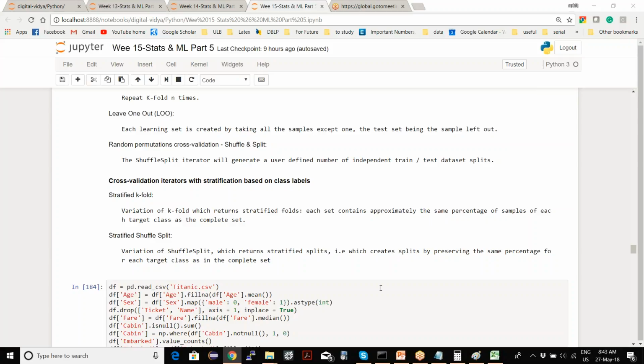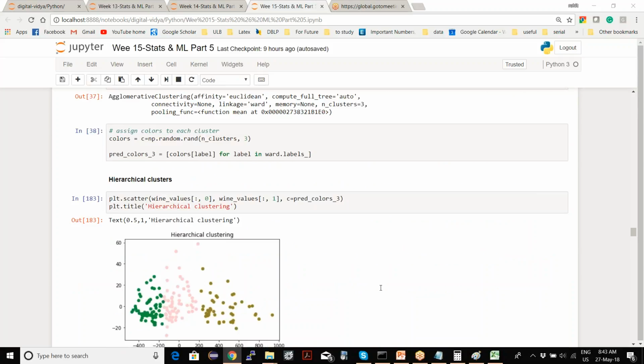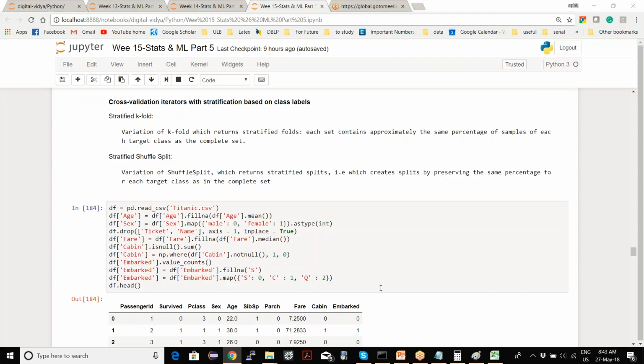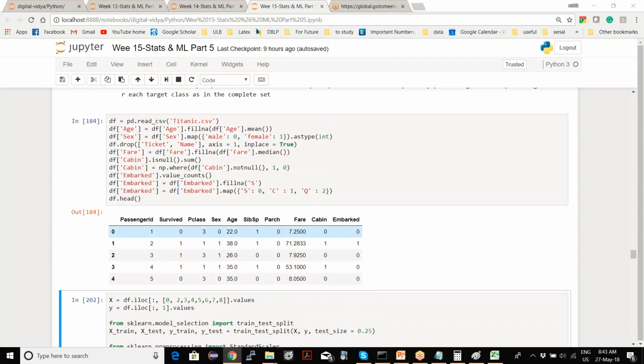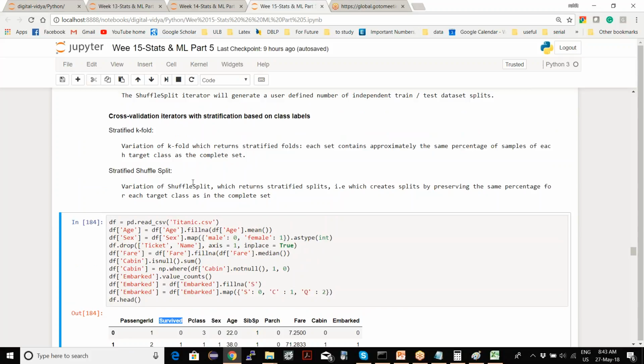What does this mean? If my target set is, where's my data, here it was only 0 and 1, like survived yes or no. But you could have, I don't know, 10 different classes out of which you have to do the predictions. So the samples which are created are such that each sample has approximately the same number of representation from each class.